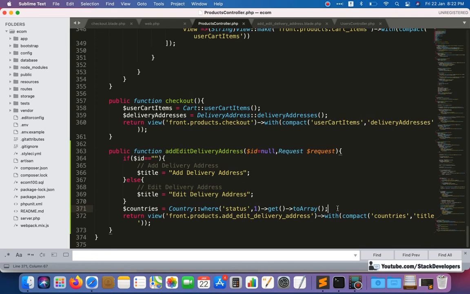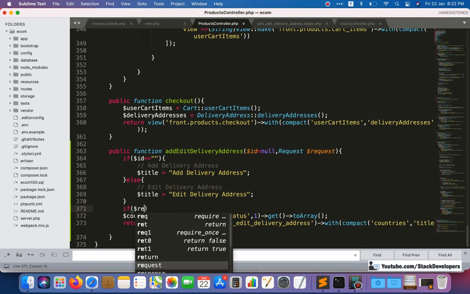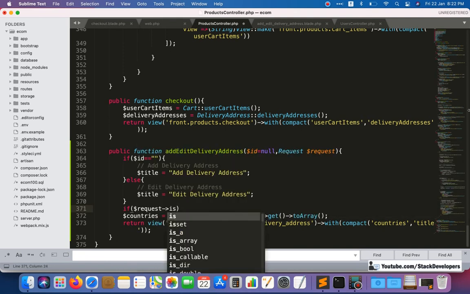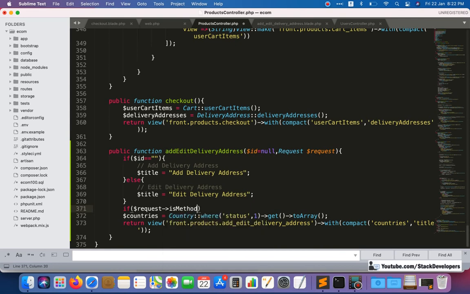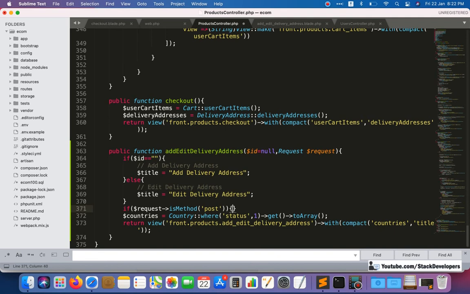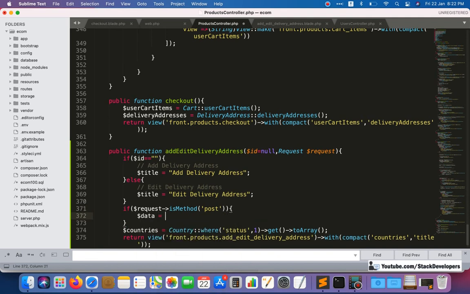In the post method we are going to save. So after this one I am going to see if $request is method post, then we are going to get $data, $request all.